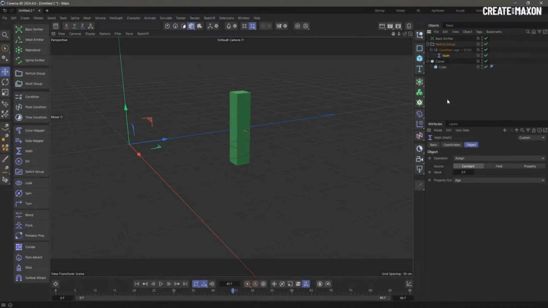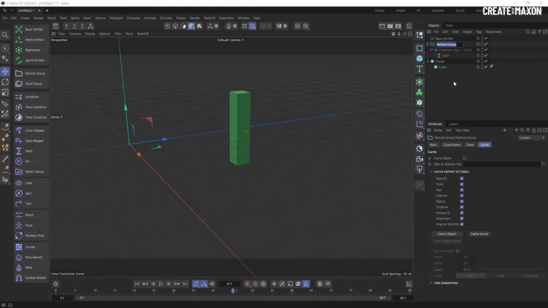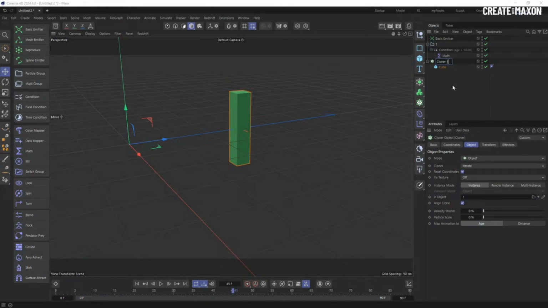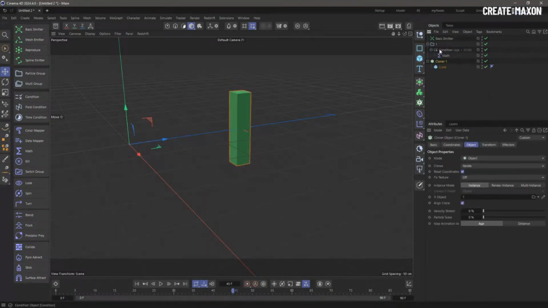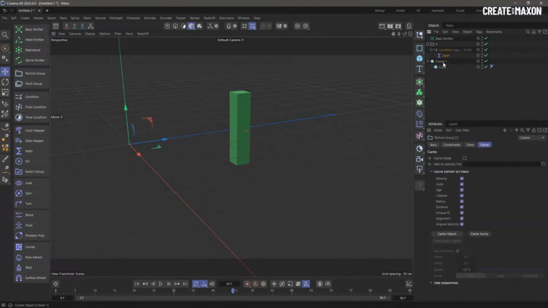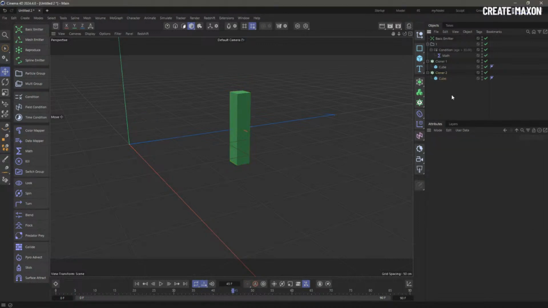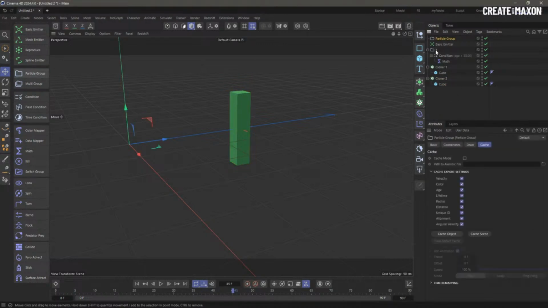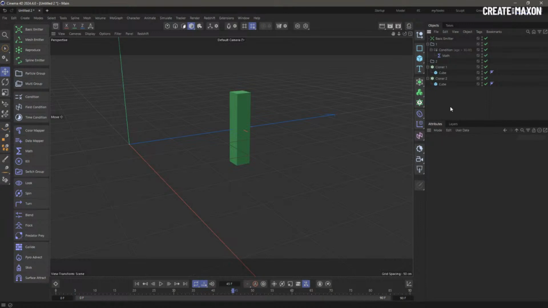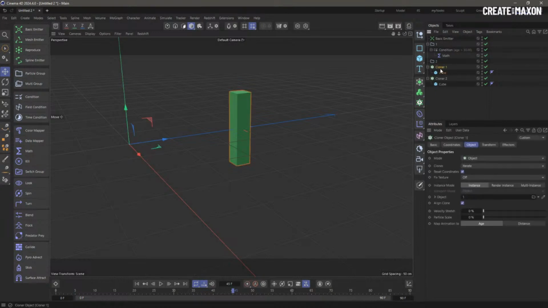Let's assume that we want the particle to move. We want this little cube to just move along. And I'm going to do the following thing. I'm going to name this particle group 1. And this I'm going to name cloner 1, because we know that cloner 1 has group 1. I'm going to go over here and make this cloner 2. And I'm going to add one more group. So let's go and add one more group. I'm just going to put it here for consistency reasons. I'm going to name this group 2. Now, cloner 1,